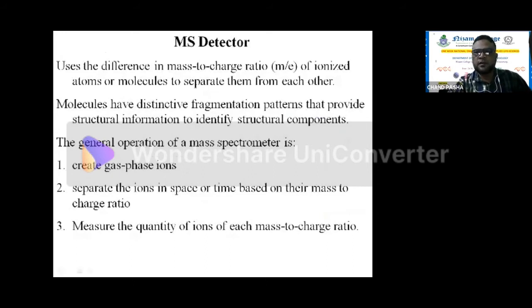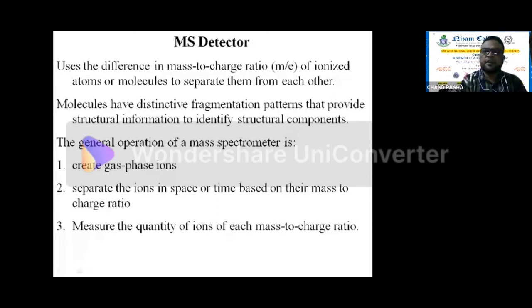And the next, MS detectors. What happens here: the compounds which are eluted and separated through the column enter into the breaking chamber.